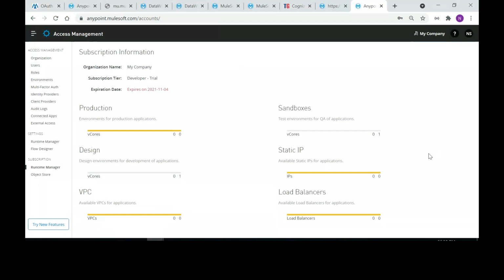If you want to keep the non-prod environments, dev and QA, separated from each other, then you will need more than 2. If you want to create one VPC for each environment, you will need more than 2. And the 2 VPCs you get will come with 4 VPNs in total, so two for each.